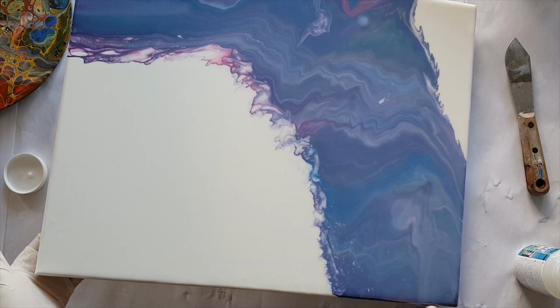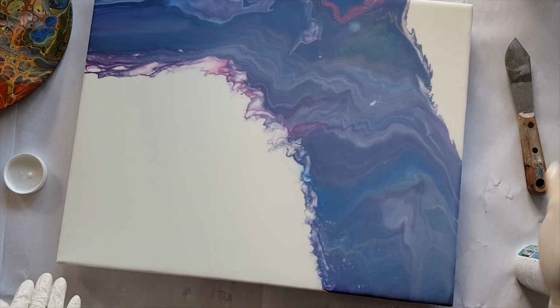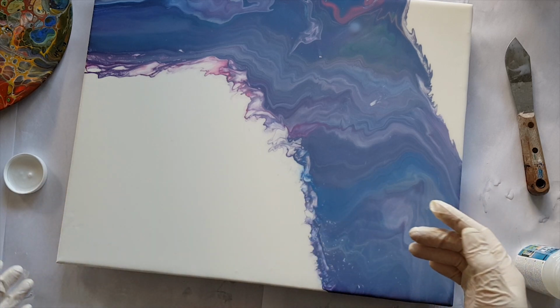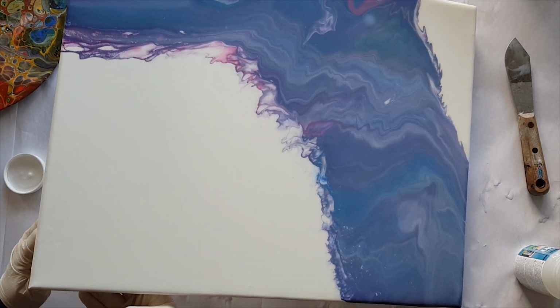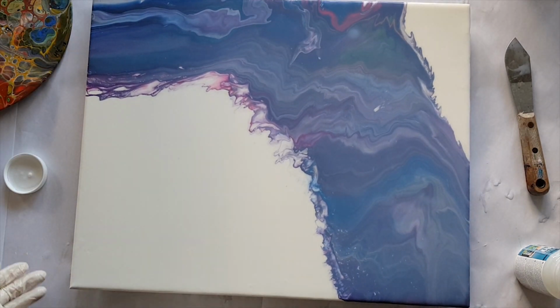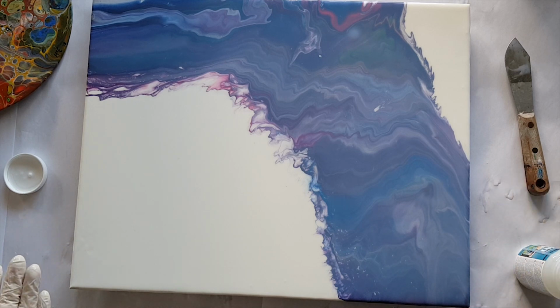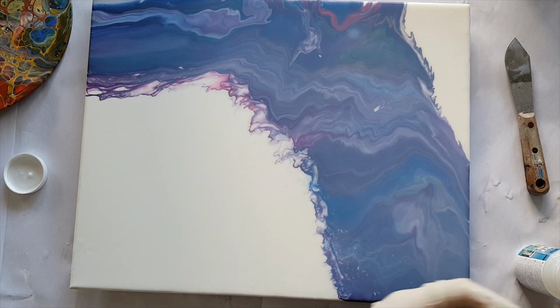Okay guys, so the question then becomes, now that I've got it all run down to this end, should I tilt it that way? I'm going to have to move my pins to do that. Well, I'm now feeling like it's really thin on this end and really thick on that end. No, I'm not going to, but I am going to get a pin and pop these couple of little air bubbles